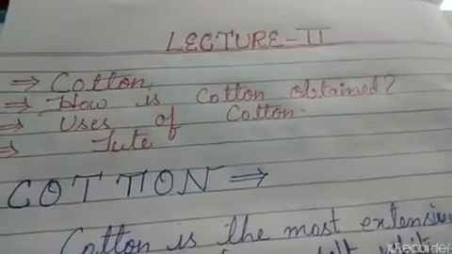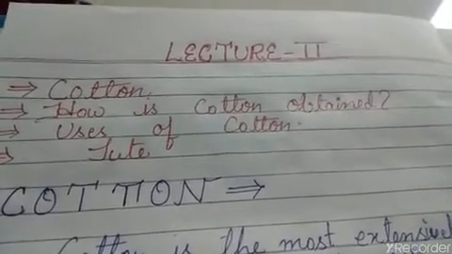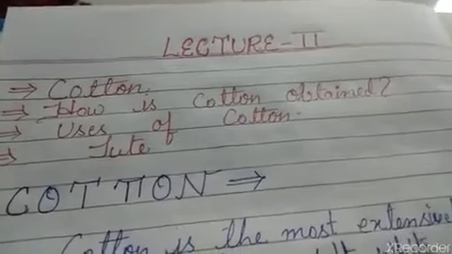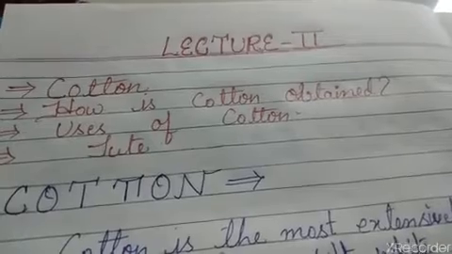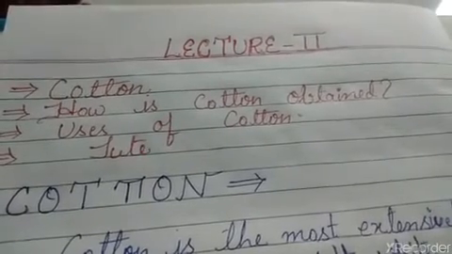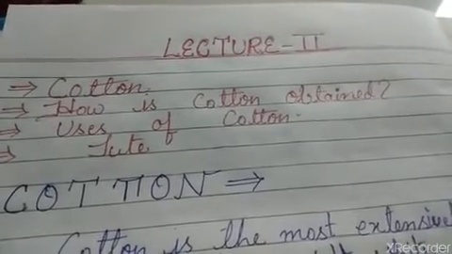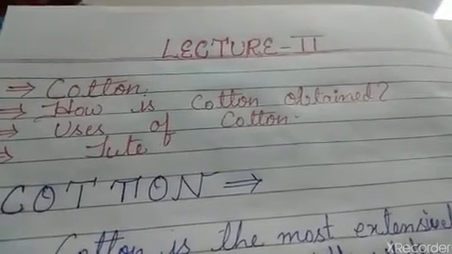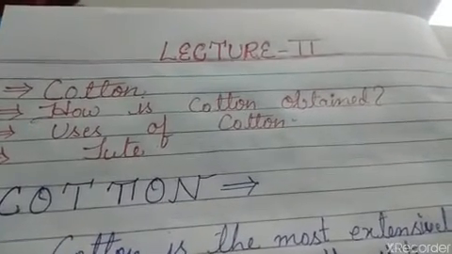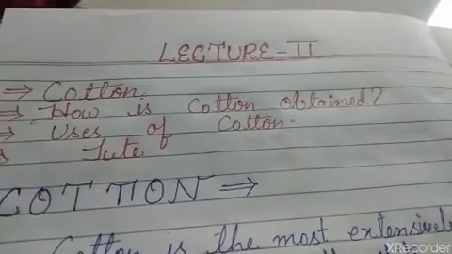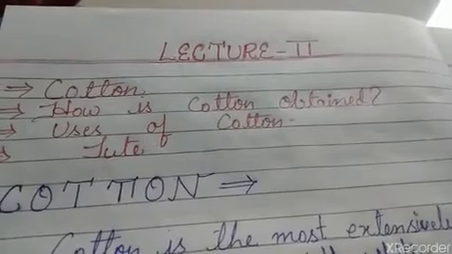How are you all? I hope that yesterday's lecture was clear to you, because this chapter is based on history. We can say that in a historical way we are going to study this chapter. Yesterday we did natural and synthetic fibers, what fibers are, and why clothes are important for us. In the same way, today's chapter topics will be what cotton is, how we obtain cotton, what climatic conditions are necessary for cotton, and what the uses of cotton are.